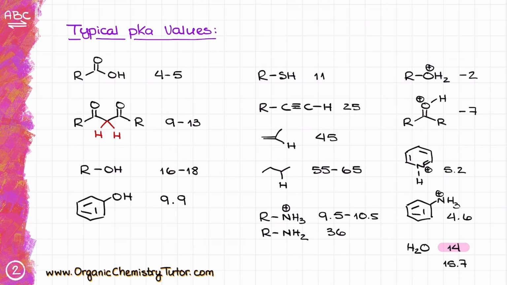So these are the numbers that you probably should commit to memory in order to make your life in organic chemistry much easier. I understand that it's a lot of numbers, so I'm not saying just sit down and rote memorize those things. Make a list, make a cheat sheet for yourself, make a few copies of that, stick it around your house, put it under the binder cover of your organic chemistry binder,